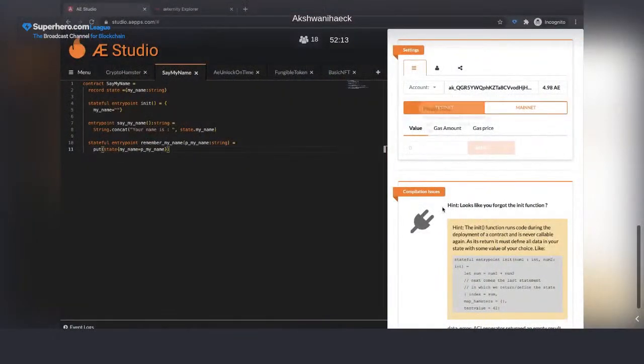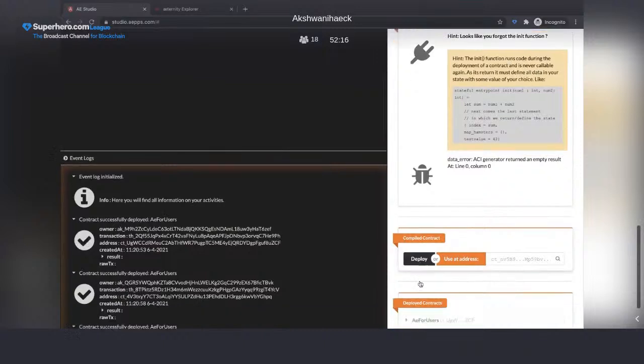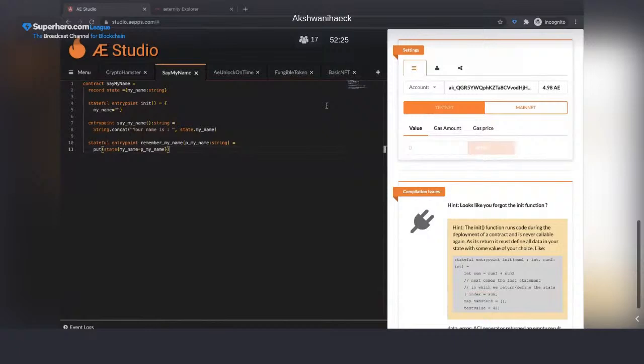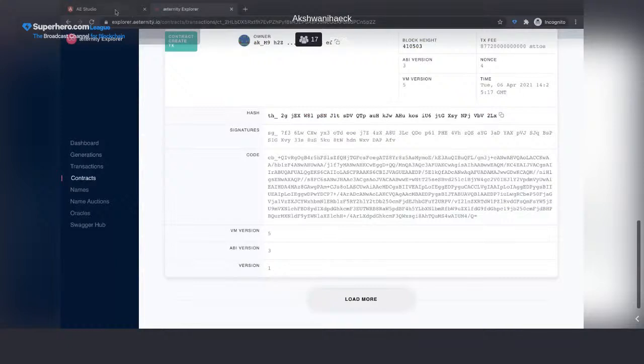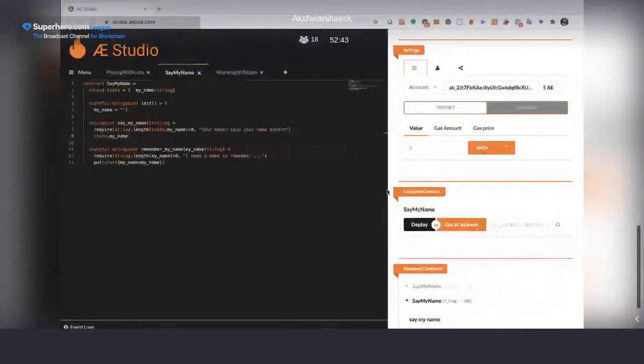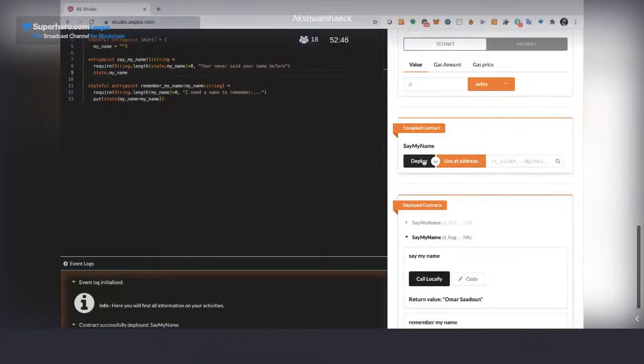Every time I hit here on deploy, it's going to deploy a new contract, and it's going to stay forever on the network. Doesn't matter if it is mainnet or testnet, it's going to be there forever. And you can see it. You can see all the contracts that are just tests. Well, actually, we don't know which are tests or not. We only know that they are on the testnet or on the mainnet. But every time I hit the deploy button, I will have a deployed contract, and all the 300 tests I did before, they are already there and will stay there also.